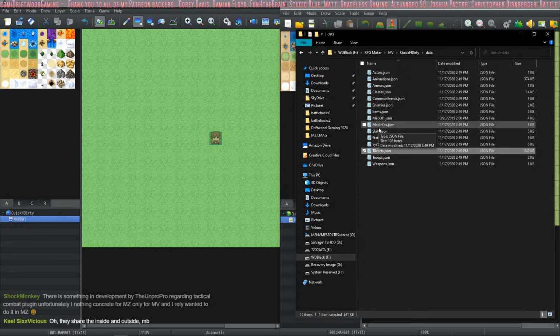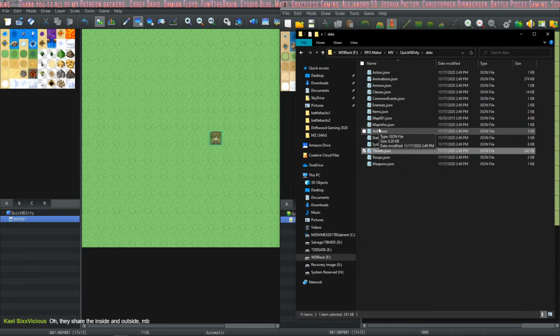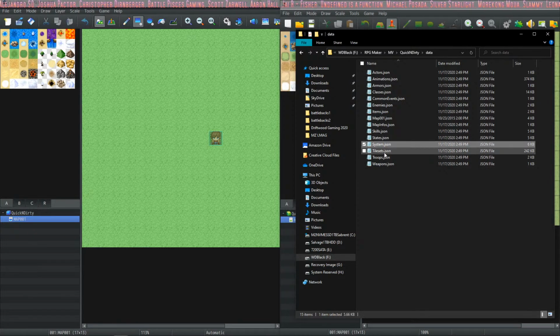Did Shaz create it? That sounds familiar. What's up, Shock Monkey? There is something in development by the Unpro Pro regarding a tactical combat plugin. Unfortunately, I have nothing concrete for MZ, only for MV, and I really wanted to do it in MZ. I think he's not the only one developing one. I thought Hime was too.